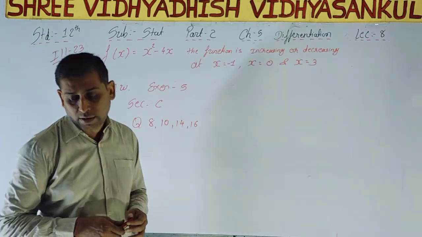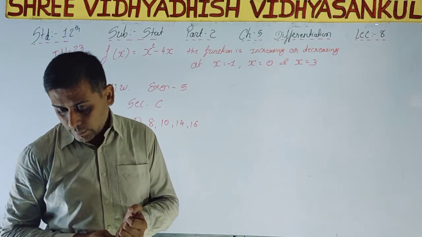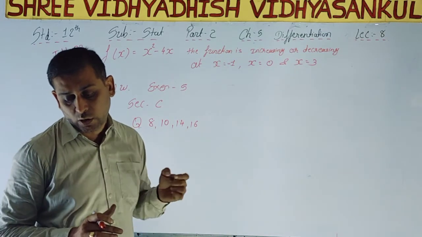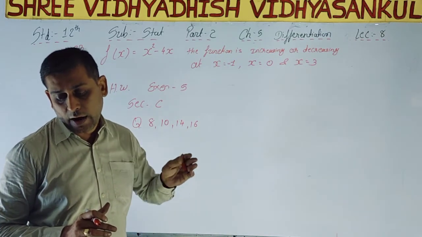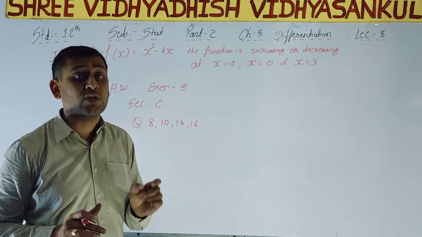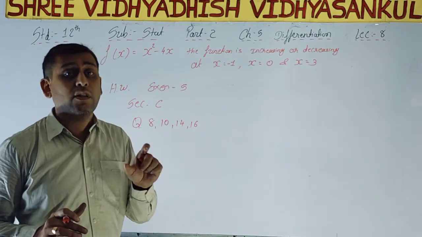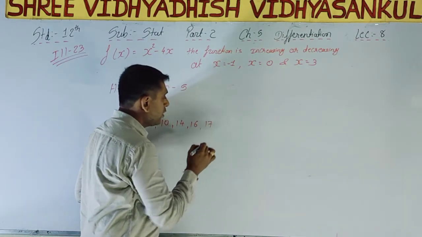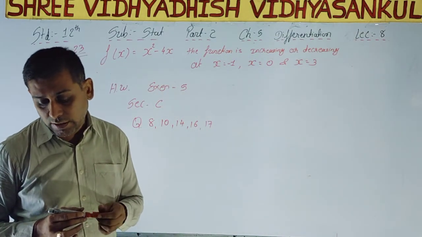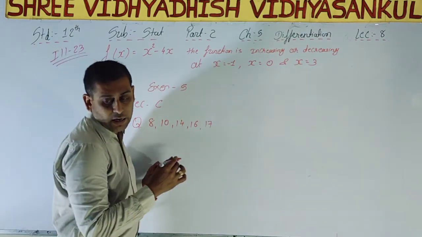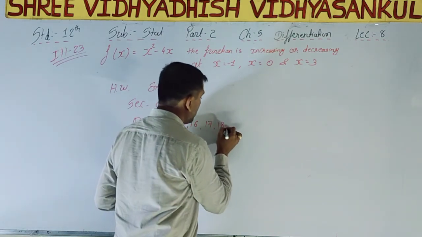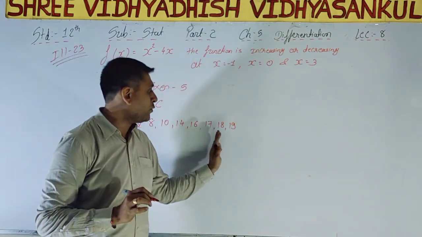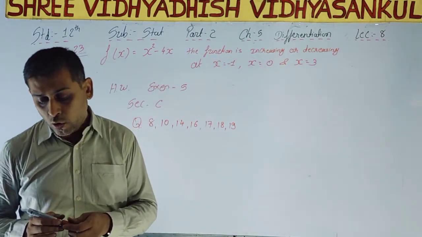Again it is a 2 mark sum. Okay, 17, here we have to find out that f of x is equal to 3x square plus 3, then f dash x is equal to f of x, for which value of x both the answers are the same. So that is also your homework. Question number 17, then 18 and 19. So 2 mark sums, 1, 2, 3, 4, 5, 6 and 7 are your homework.